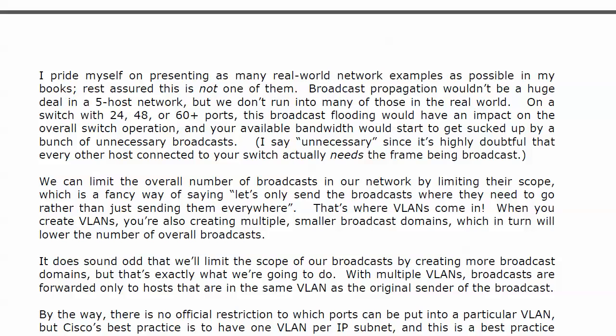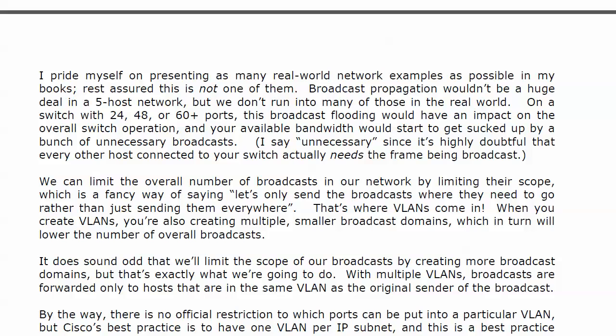Now, we can limit the overall number of broadcasts on our network by limiting their scope, which is a fancy way of saying, let's only send the broadcasts where they need to go rather than just sending them everywhere. Because what are our three major kinds of traffic? We've got a unicast, which is destined for one host. We have a multicast, destined for a group of hosts.